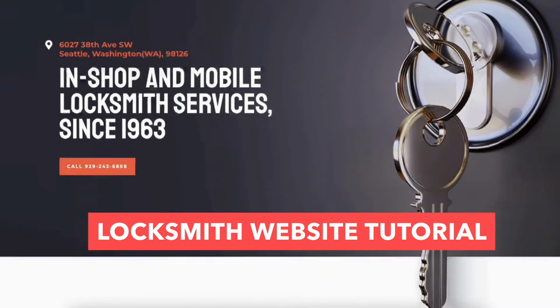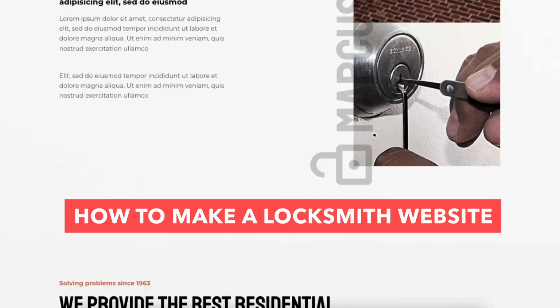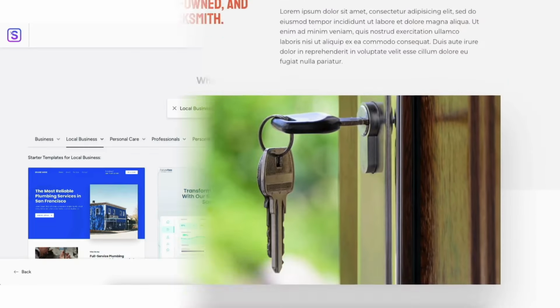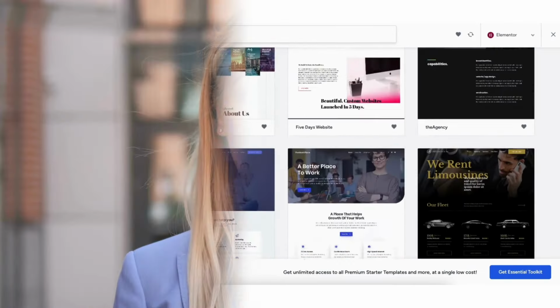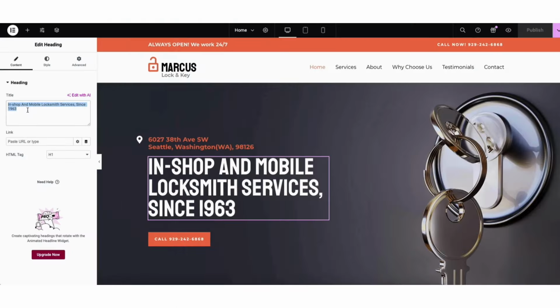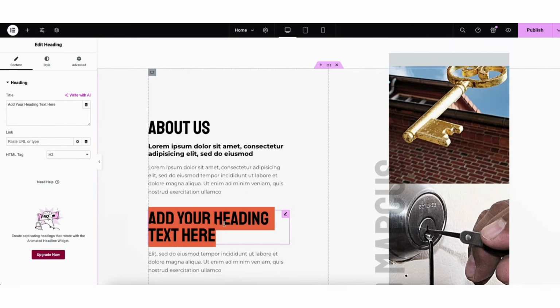In this Locksmith website tutorial, I'm going to be going over how to make a Locksmith website step by step from start to finish. I'll be showing you how to access professional pre-made website templates to make creating your Locksmith website an easy process. I'll also be going over how to make a Locksmith website using one of the most popular drag and drop editors, Elementor Page Builder,